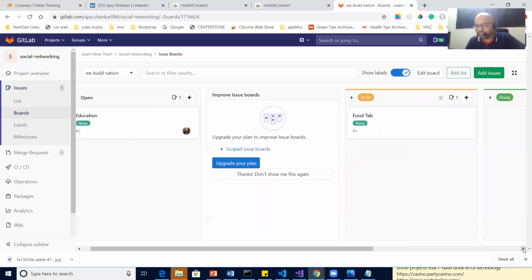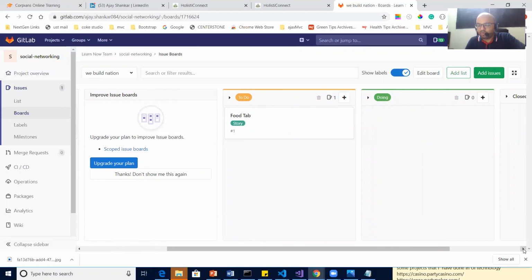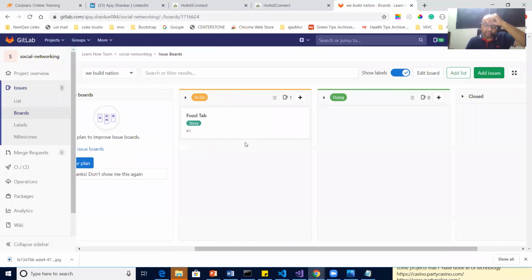Means yes, someone has to. I mean, whoever is the owner. Let's say, as of now, we have not assigned this one to anyone. Let's say the whole team has to work on it. So first of all, you put it in the to-do list. Now let's say tomorrow when we open the board, now tomorrow team has to start working on it. So then team will drag and drop it to doing, right?